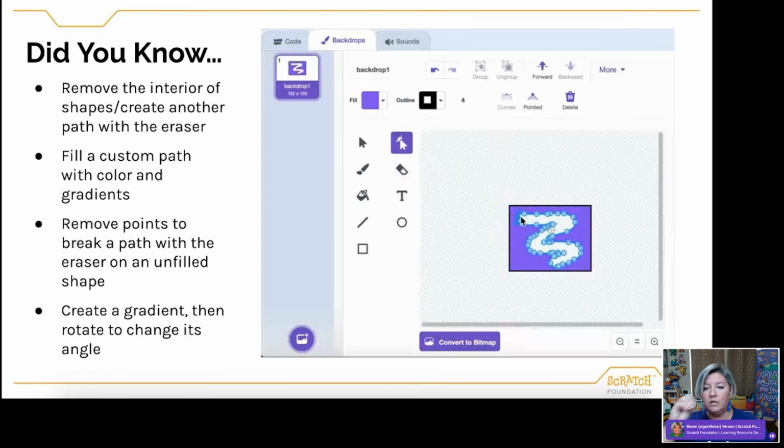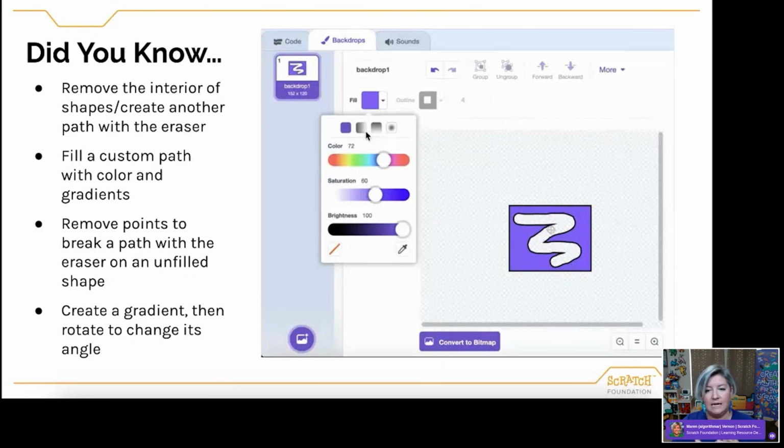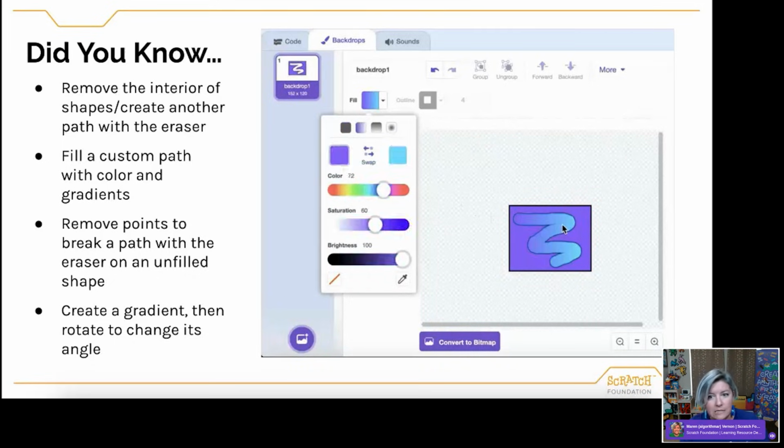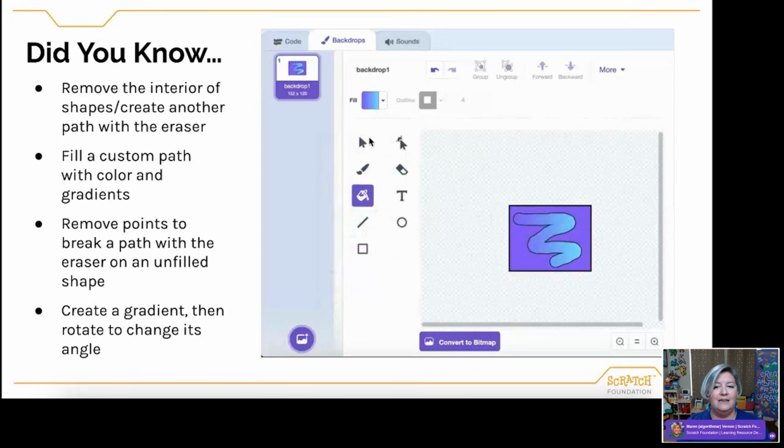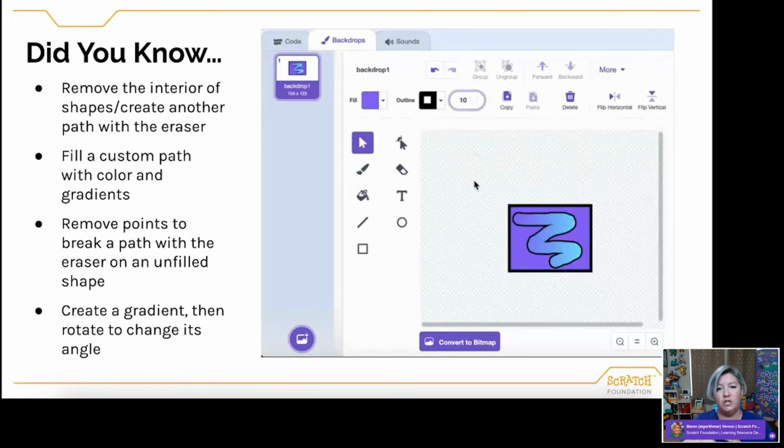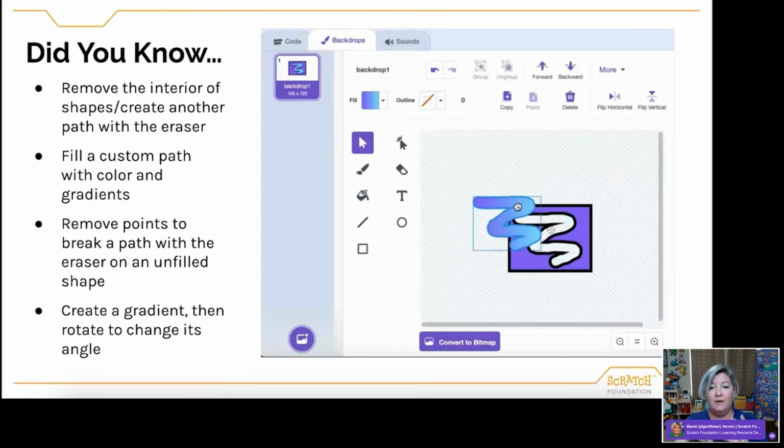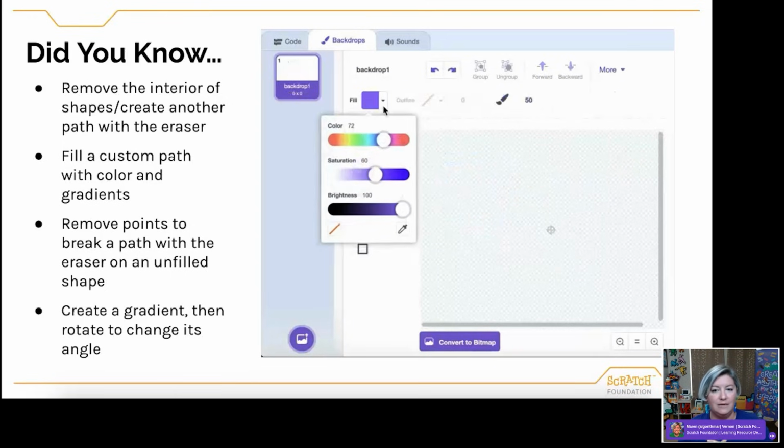So you could use that reshape tool to then adjust that custom path to be a different shape, maybe remove the points, maybe use the fill to then create something inside that custom shape, like add a gradient or something. And you can see that as I'm playing around here, I'm adjusting the outline on the original shape. Now that new shape that I've created becomes its own thing that I can manipulate.